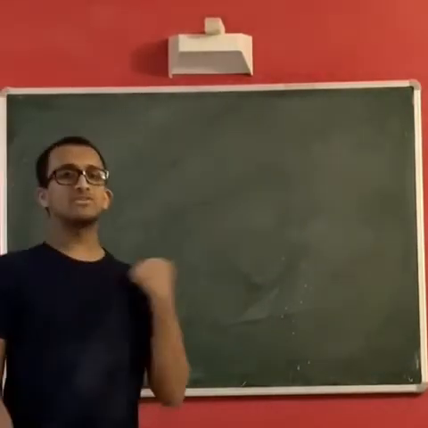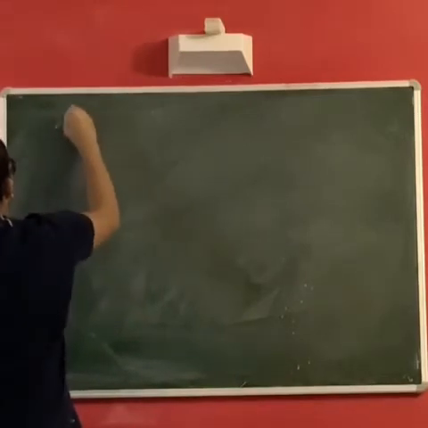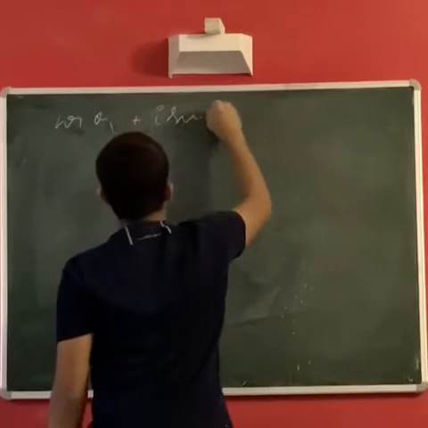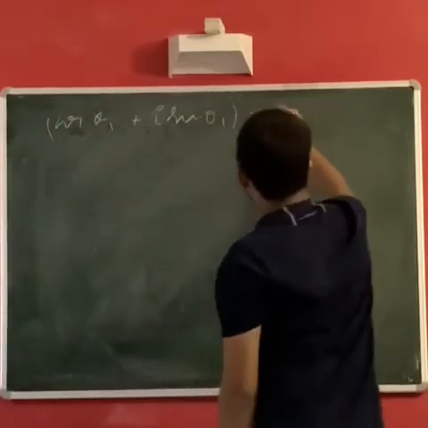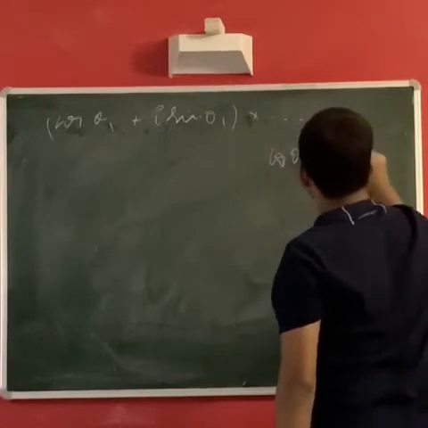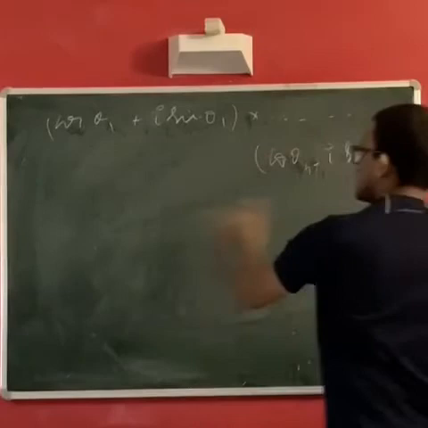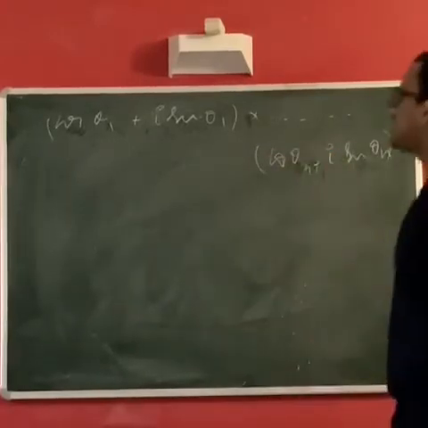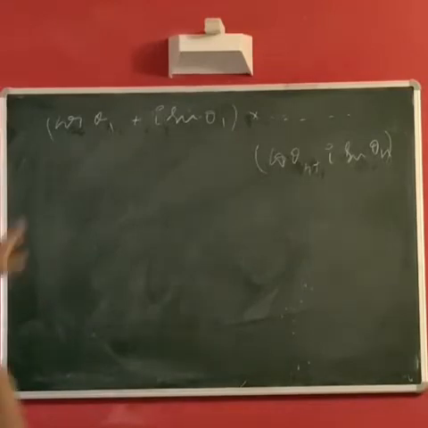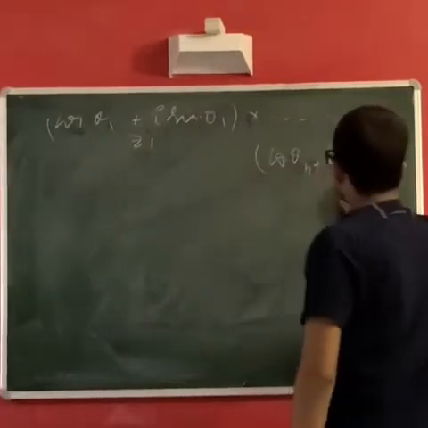Now I will try and prove the first statement of De Moivre's theorem. So the statement was cos theta 1 plus i sin theta 1, times up to cos theta n plus i sin theta n, is that product. We will just arrive at the result. We will do it in the following manner. We will write all these as complex numbers, z1 so on up to zn.